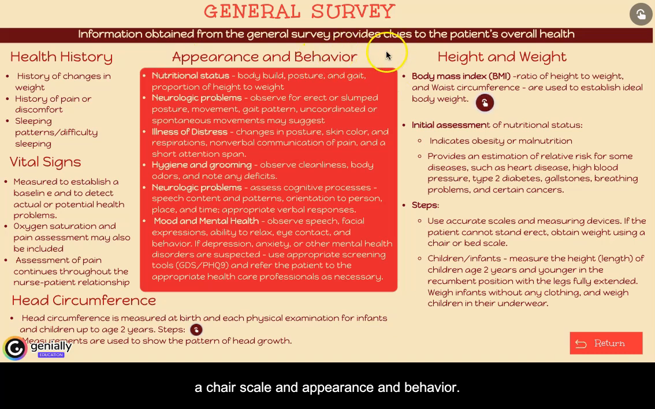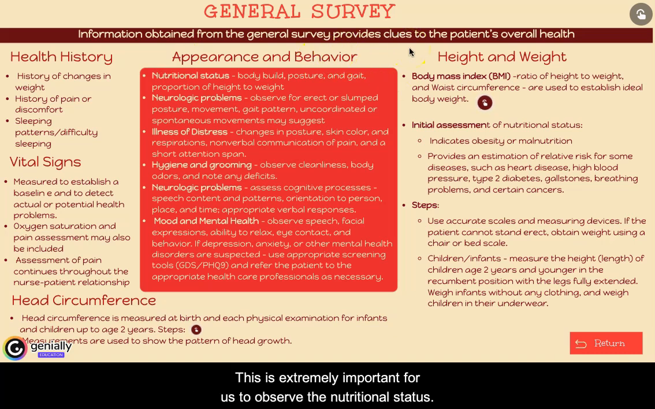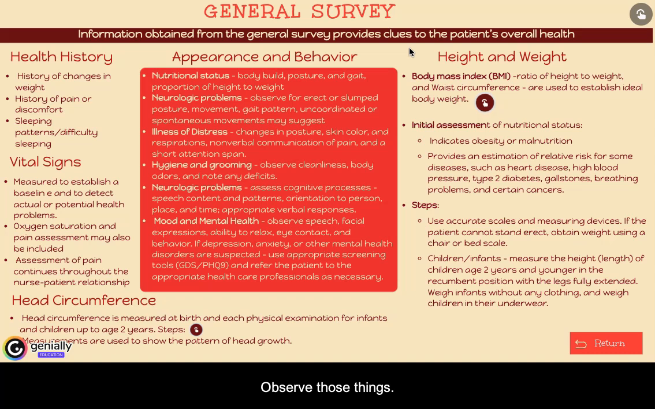And appearance and behavior. This is extremely important for us to observe. The nutritional status, what is their body build like? What is their posture, their gait, their proportion of height and weight? Neurological problems. Observe for erect and slumped posture, movement, gait pattern, uncoordinated spontaneous movements, like people who have Parkinson's disease have. Observe those things. Then you have signs of illness or distress, changes in posture, skin color, respirations, nonverbal communication, the grimacing,